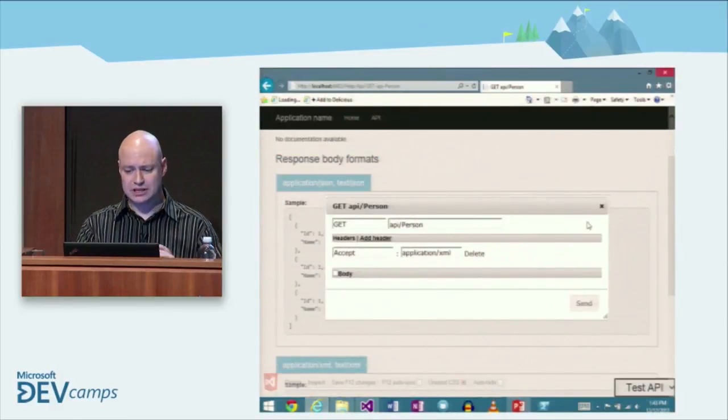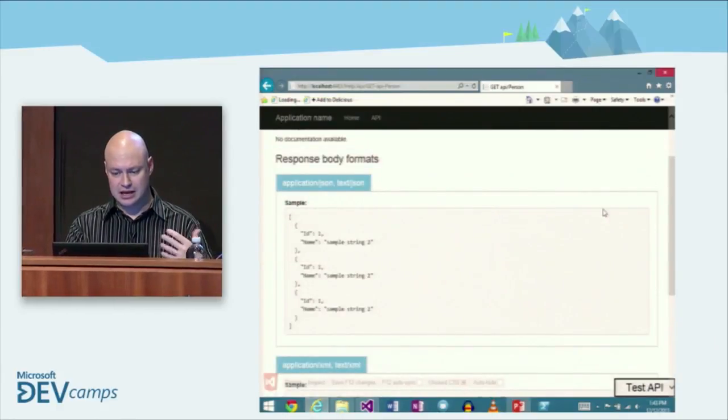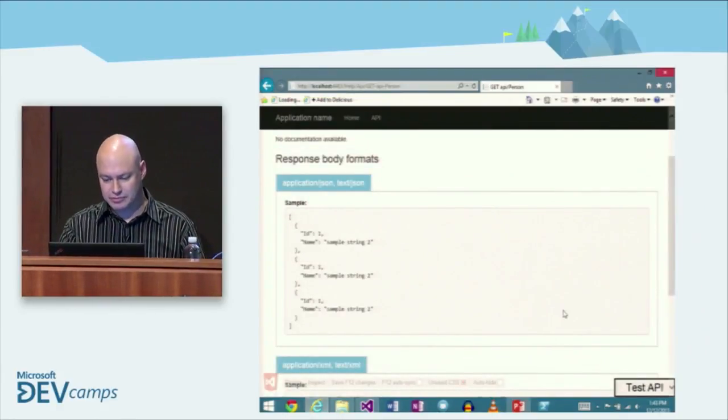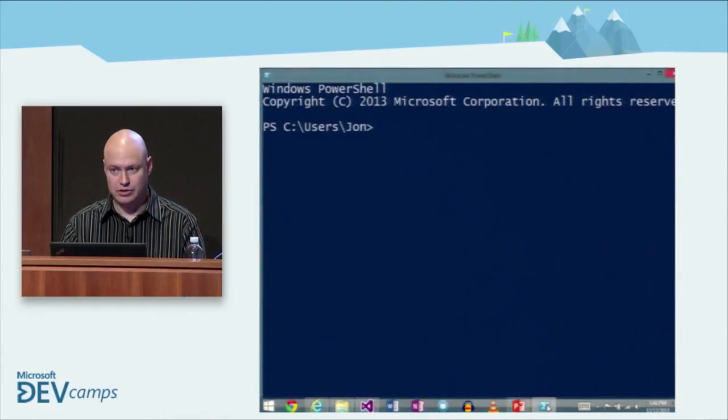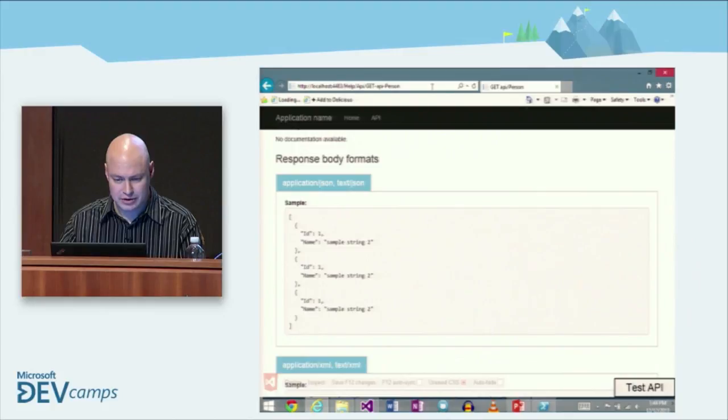But of course, the important thing is that this works anywhere. This is an API that can be leveraged from anywhere. So if I go in to command line, I should be able to curl for it and find that information out, right? So let's do just a tiny bit of that. If I go in here,